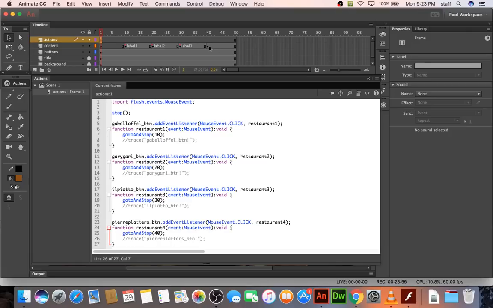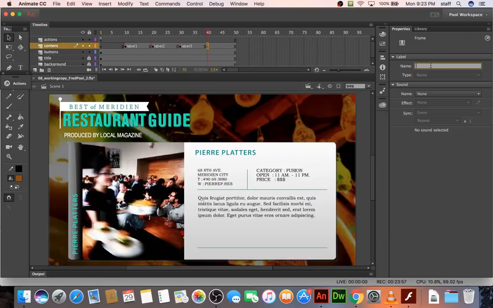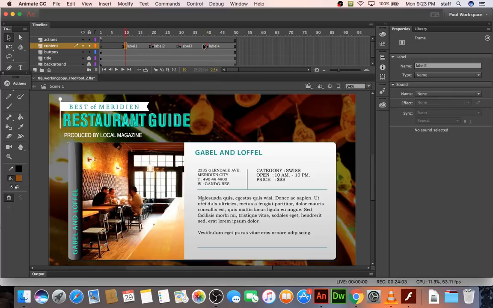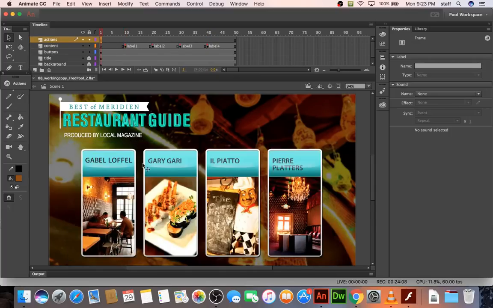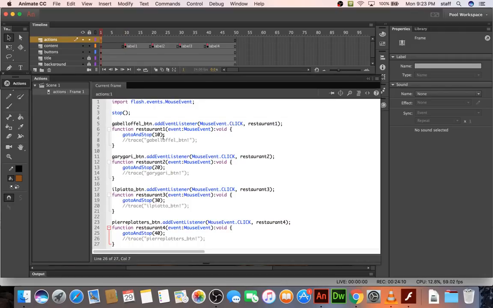So by doing it this way, let's finish this, label 4. By doing it this way, we can move these things around, add frames, and it won't lose the ability to find where it's supposed to be going. So we'll change this to quotations, label 1, and